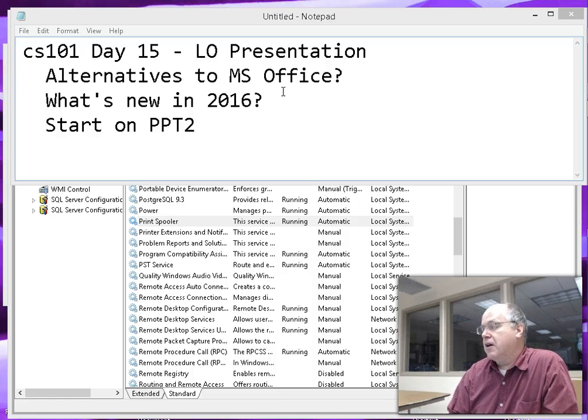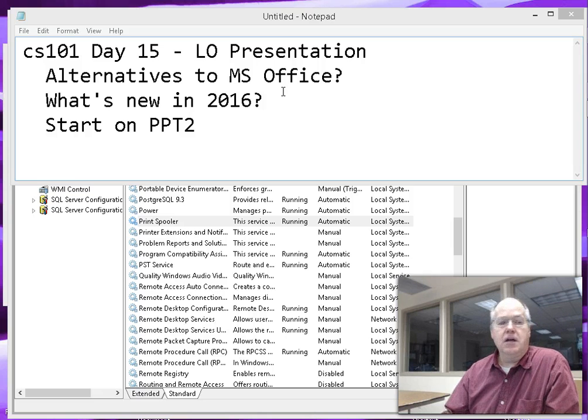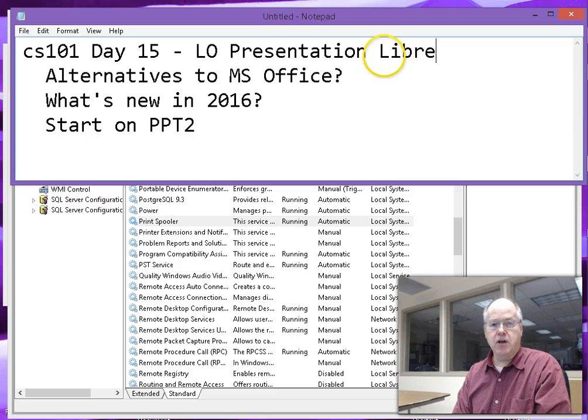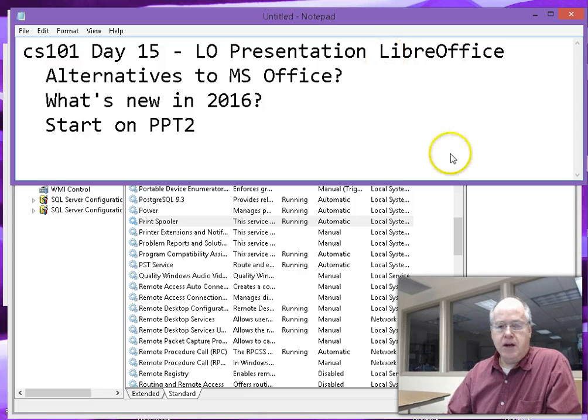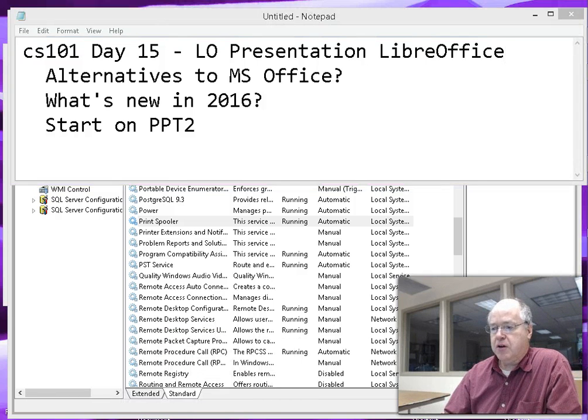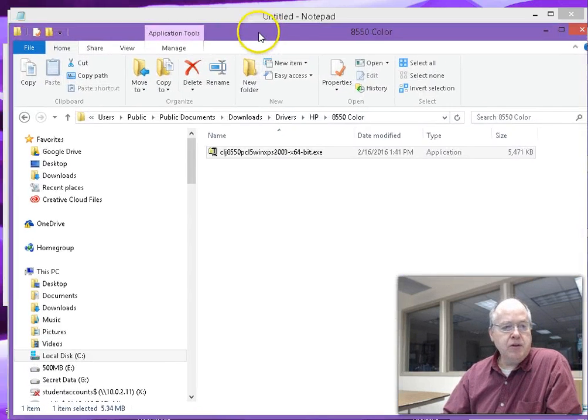Prezi. Other alternatives. One alternative I want you to be familiar with is what we call LO presentation, but actually the software is LibreOffice. Now I have downloaded this for you to save you time on the server, but in order to install it, here's what you need to do. And you're going to learn a little bit about how to connect to other computers if they have files that are available to you. So if you bring up your Windows Explorer,